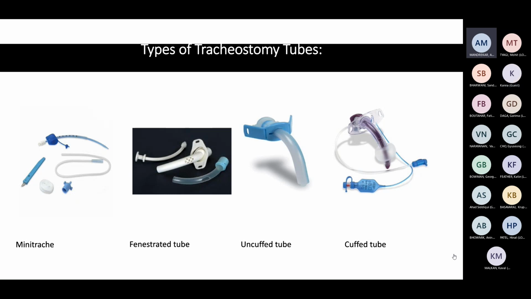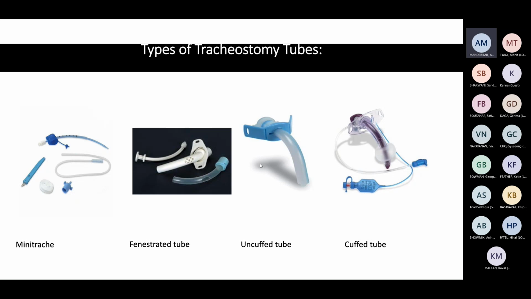This one is the fenestrated tracheostomy tube, which has an opening that allows air to pass through into the upper airway to the nose and mouth, and will help the patient to speak. It depends on the inner cannula that we use with this fenestrated tube. If you want to maintain the fenestration, we could have an open inner cannula, but in case we want to close it, we can use a blocked inner cannula, and that would be considered when handling patients who have a high risk of aspiration, where we don't want any secretions passing from the upper airway into the